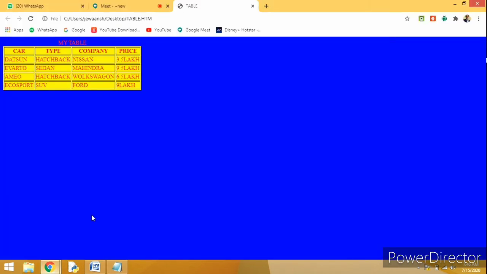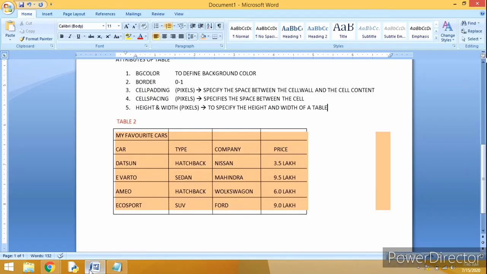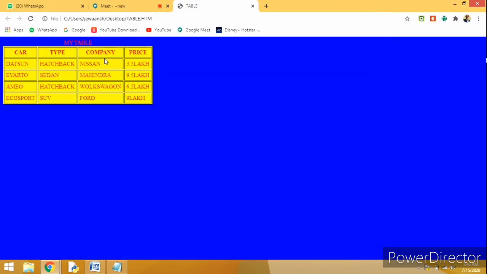See it properly, how you are getting the data without cell padding. As soon as I refresh, what happens? What did I say about cell padding? See over here, cell padding specifies the space between the cell wall and the cell content, so it has increased by 5 pixels.